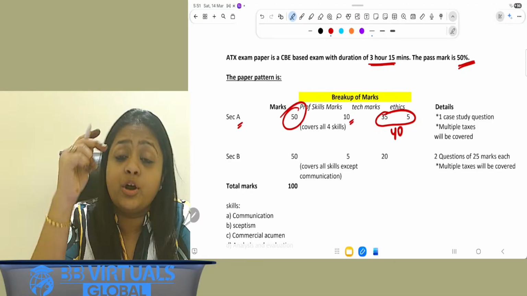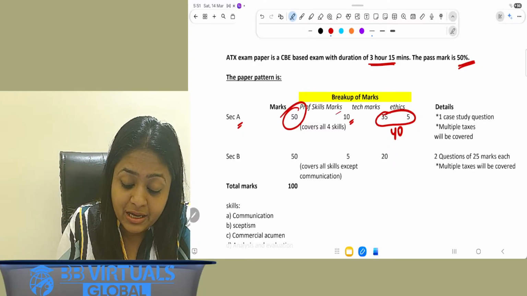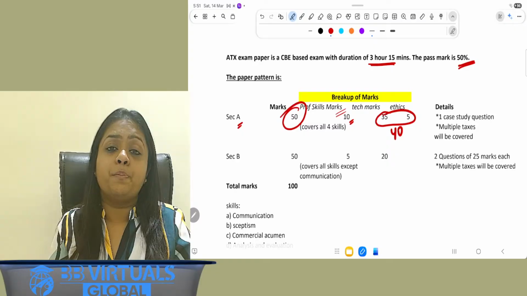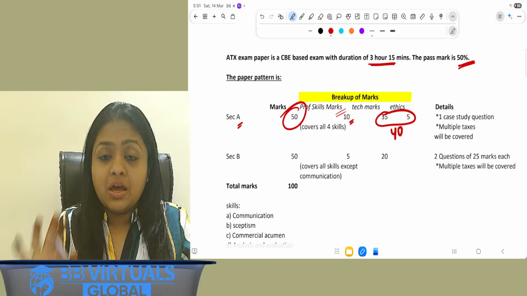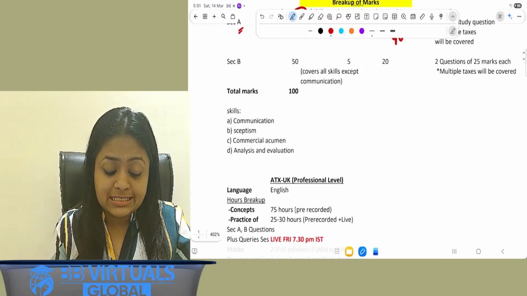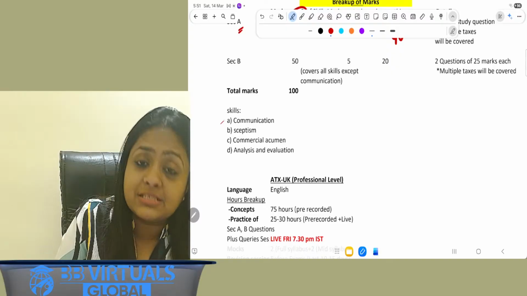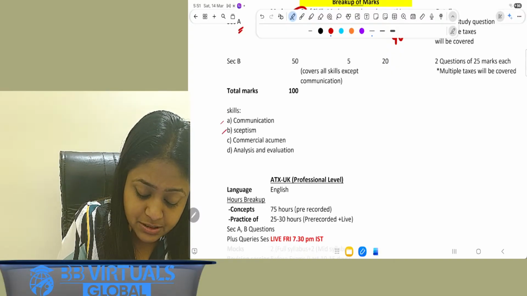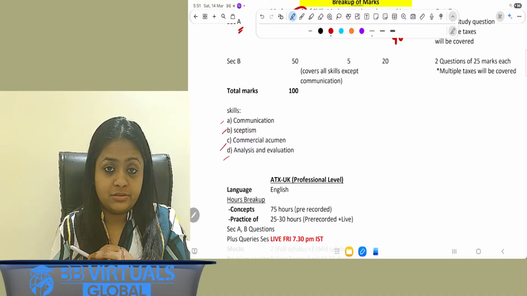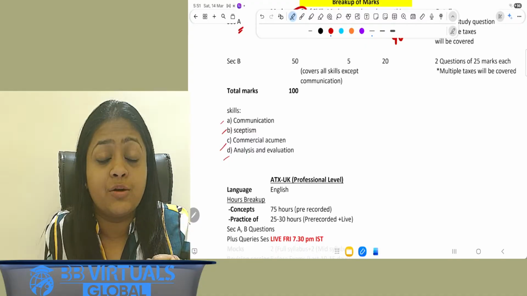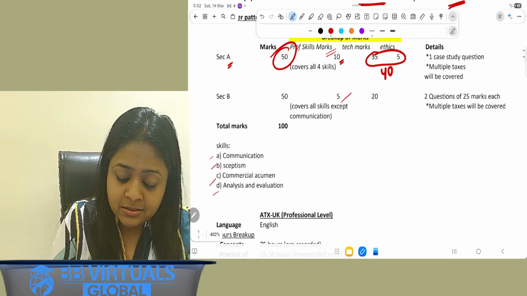You're not writing for full 50 marks, because 10 marks, I say, they are free, they are given to you basis your professional skills that you are being able to demonstrate. Now which are the professional skills here? Here we discuss 4 types of professional skills. One is communication, another is skepticism, commercial acumen, and analysis and evaluation. Just quickly take it in detail. Why? Because overall in the paper,